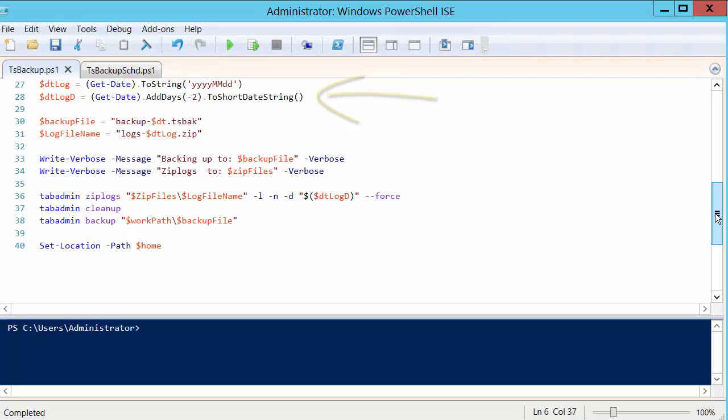You can include however many days you want. Typically 2 days is a good rule of thumb. And the 4th switch, in the event that the file already exists, you can overwrite it with this new one. The tab admin cleanup